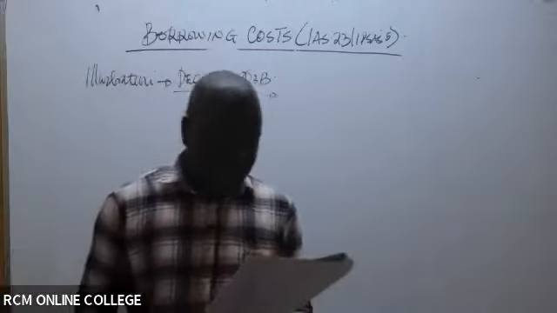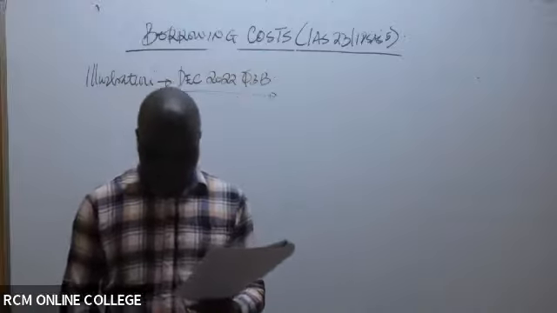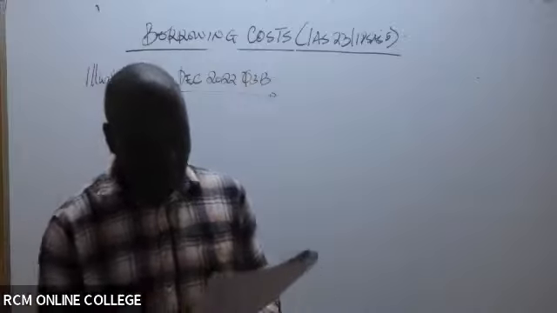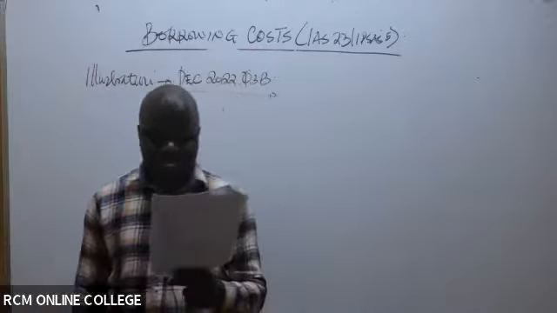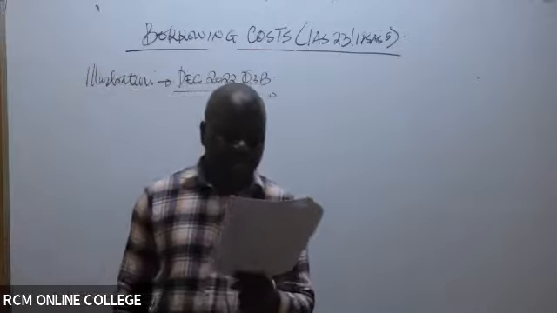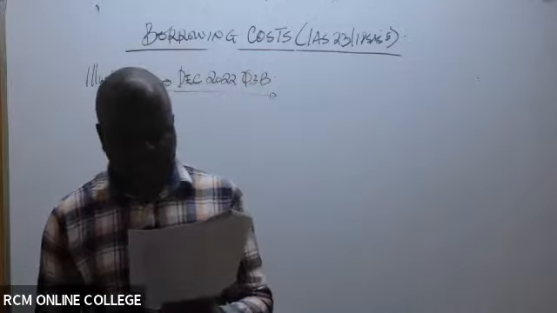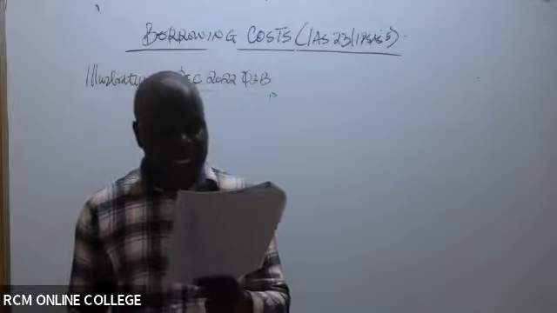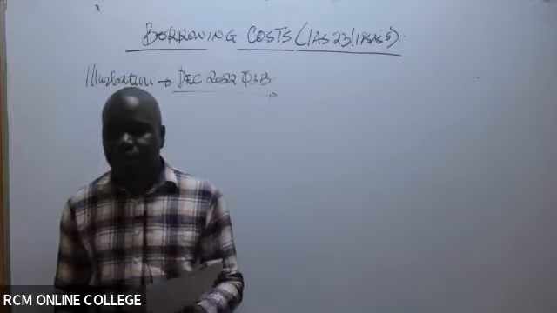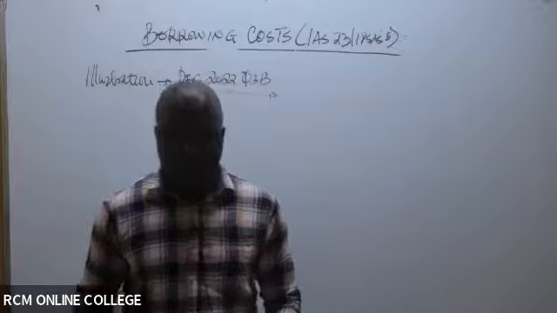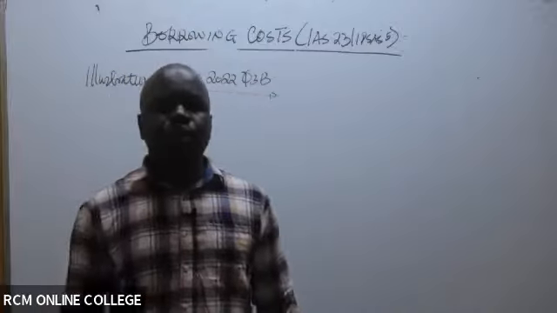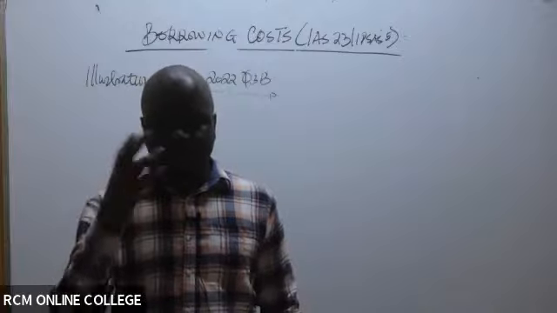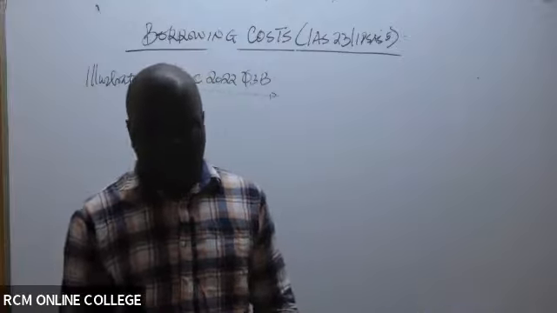Required. Explain with suitable calculations the accounting treatment of interest on costs on the loan note in the financial statements of Sayari Limited for the year ended 31st of December 2021 in accordance with International Accounting Standard number 23. That is borrowing costs. Sasa hiyo story tumekuwa tukipiga, sasa ndo hii wanaweka kwa swali sasa. You need to interpret what we've been talking about here to apply to what is actually happening